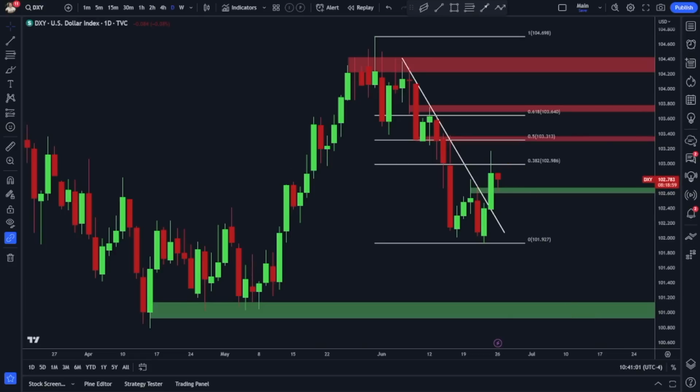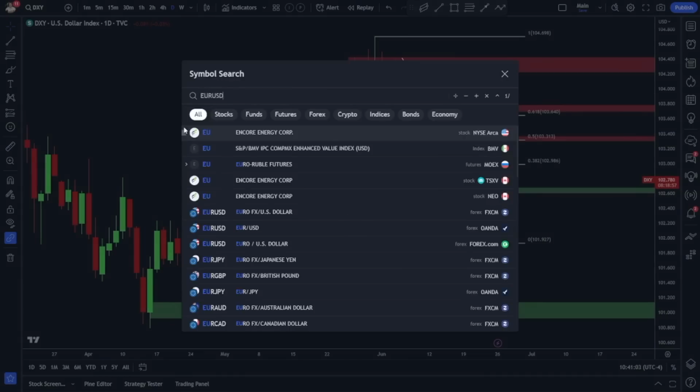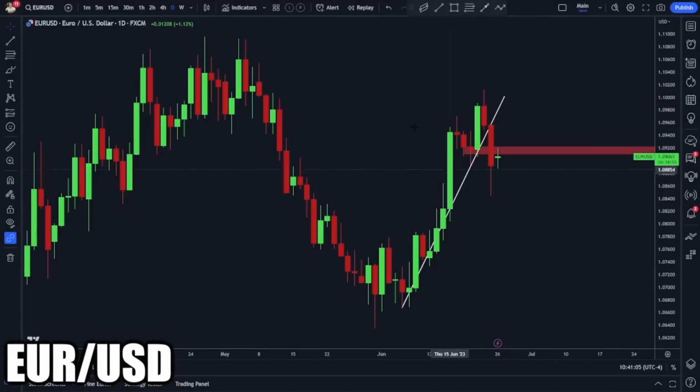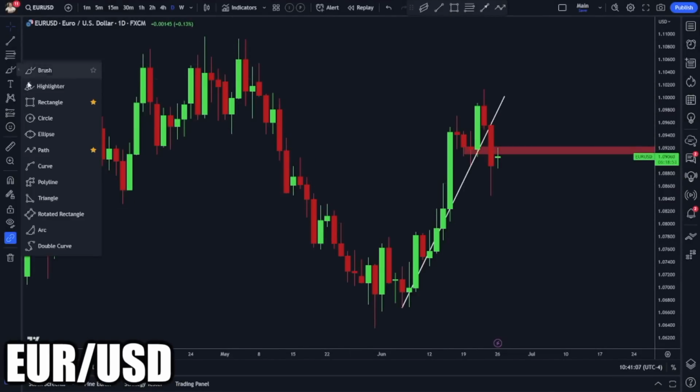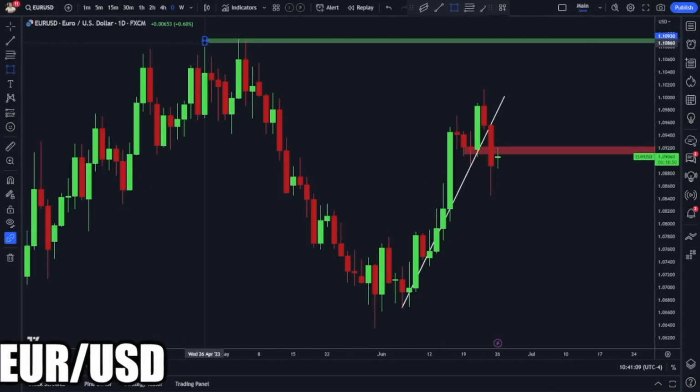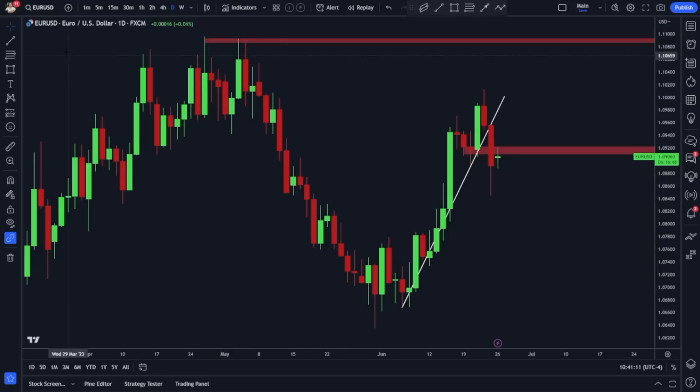So let's go back to that euro and take a fresh look there on the EUR/USD. Here's a daily chart. Again, flipping the dollar index idea, I think longer term we probably eventually head back up to this zone here. In fact, let me draw this as a horizontal ray. So this is kind of a longer term target for me on the euro.